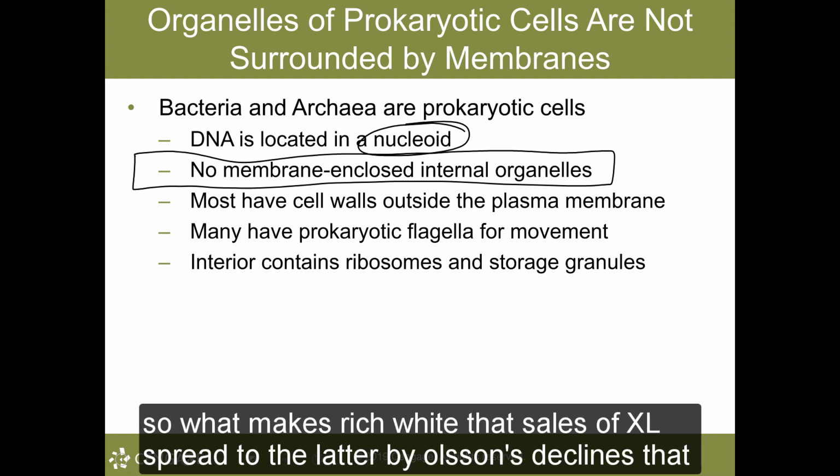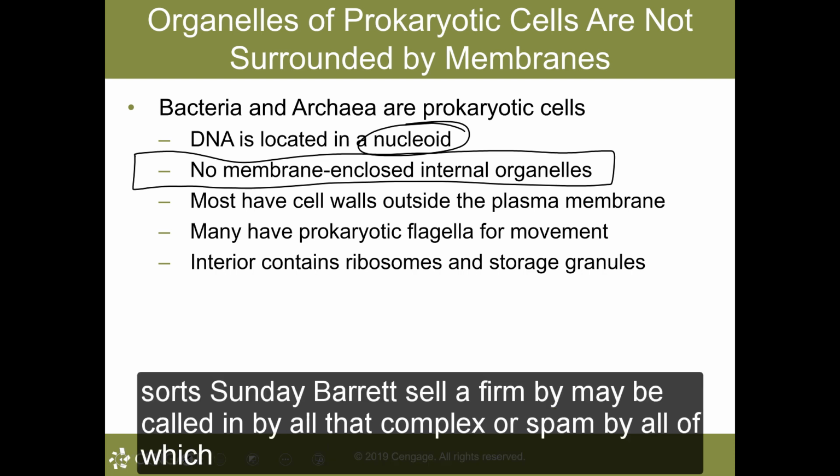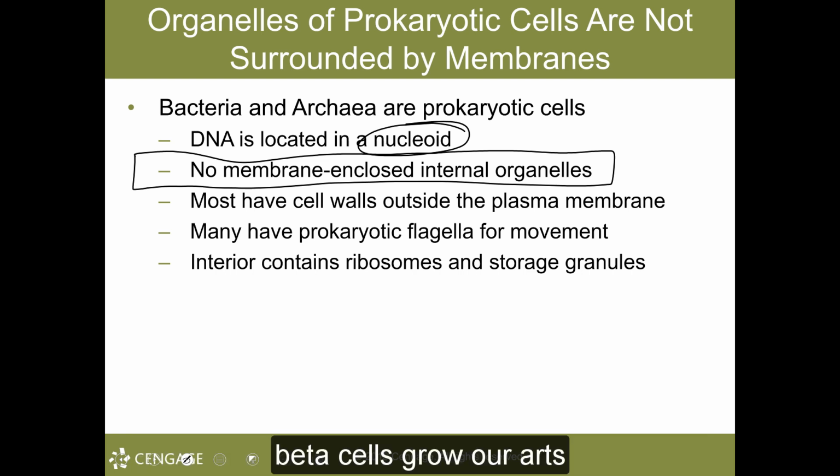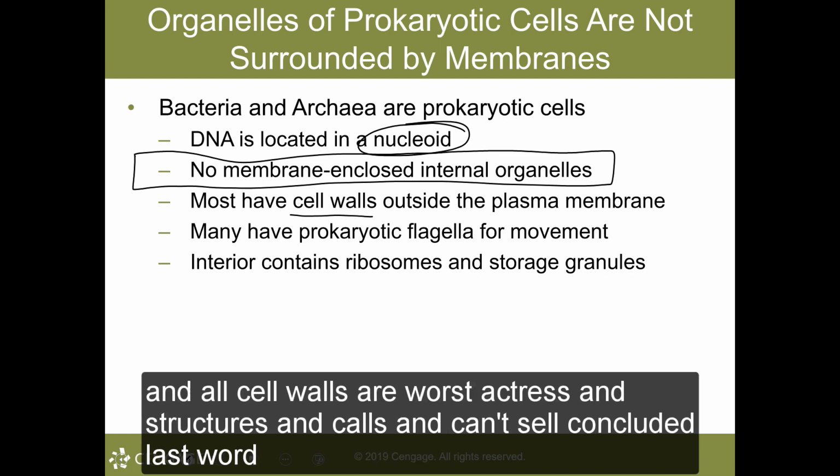Up next, like eukaryotic cells, prokaryotic cells do have a plasma membrane. All cells do, class. That surrounds the cell. The plasma membrane confines the contents of the cell to an internal compartment. In some eukaryotic cells, the plasma membrane may be folded inward to form a complex of membranes, along which many of the cells' metabolic reactions take place. And most prokaryotic cells do indeed have a cell wall. Most do. Those cell walls are extracellular structures that enclose the entire cell, including the plasma membrane.